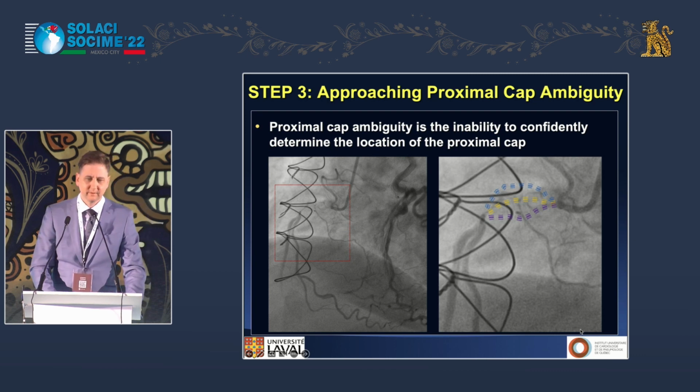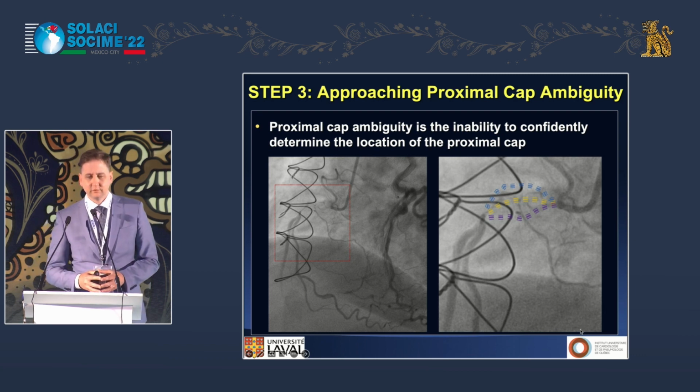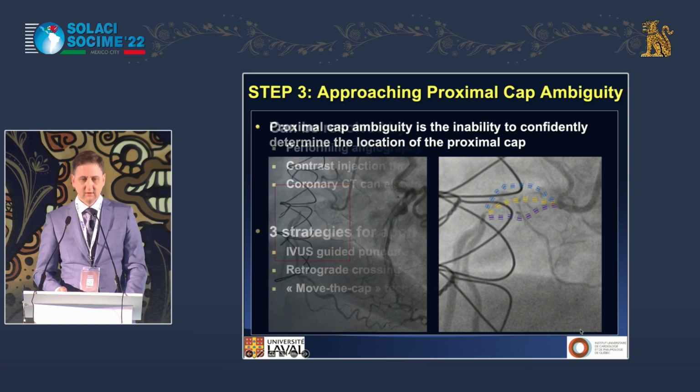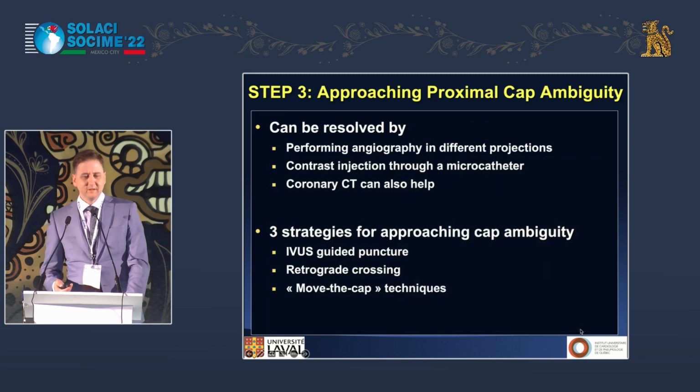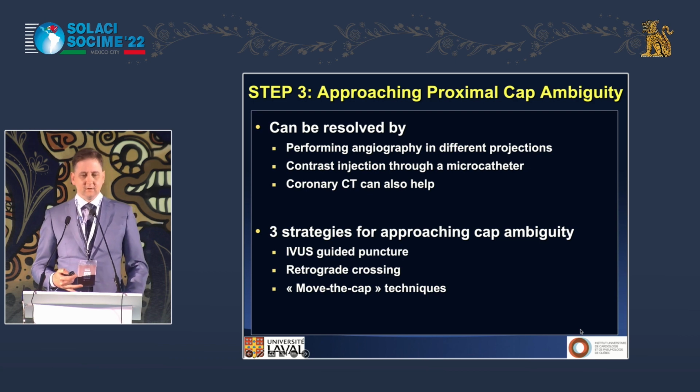Step number 3 is approaching proximal cap ambiguity, which is defined as the inability to confidently determine the location of the proximal cap. As you can see here, the proximal cap is ambiguous. So this can be resolved by performing an angiography in different projections. You can use contrast injection through a microcatheter, or you can do a coronary CT, which